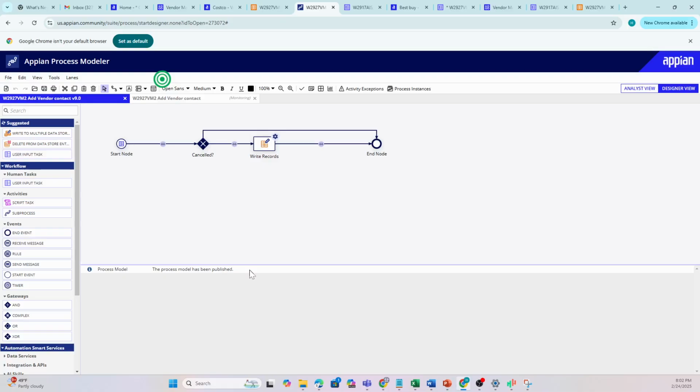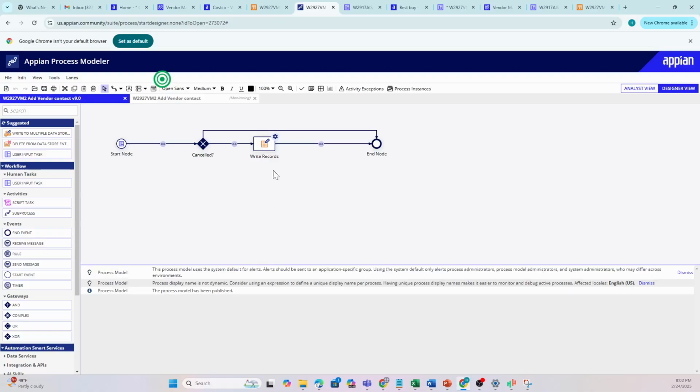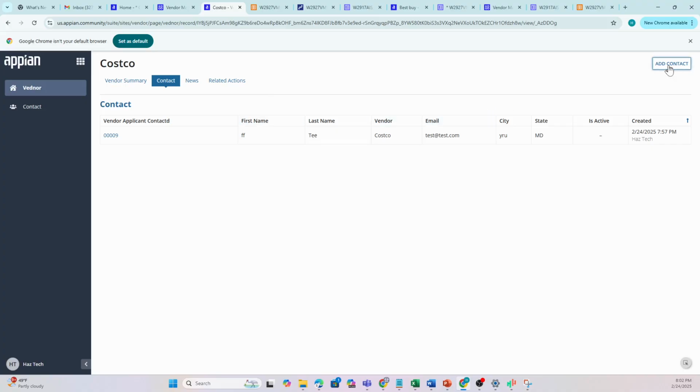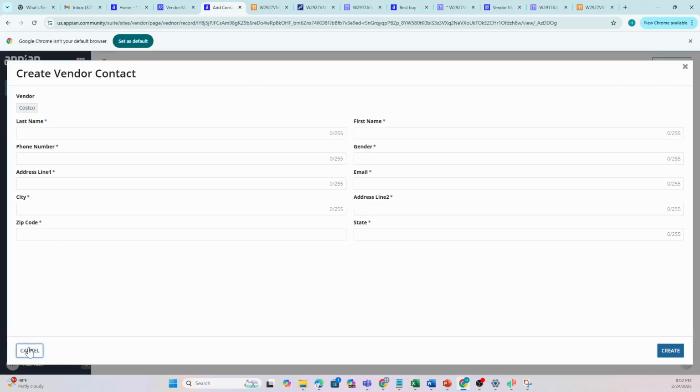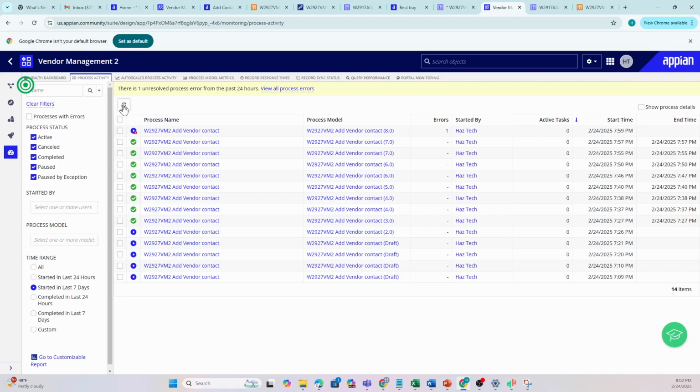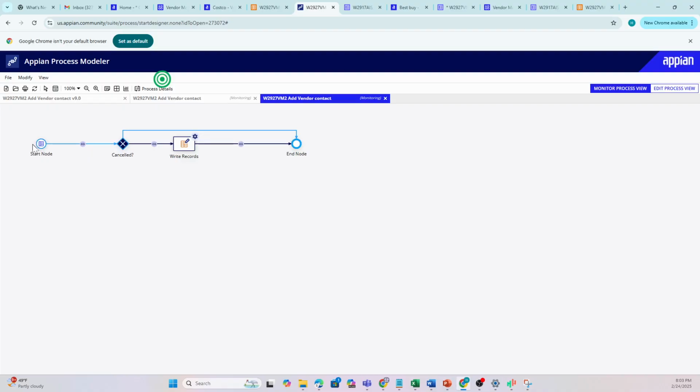Now the process model is published and everything is good, right? So now if I come here, click on this and cancel instead of saving, I will see this process is actually complete. This one was in error, but this one is complete. Because of this check, it goes this path and then comes here and does this. Any questions, guys? Where are we at? Any questions, otherwise